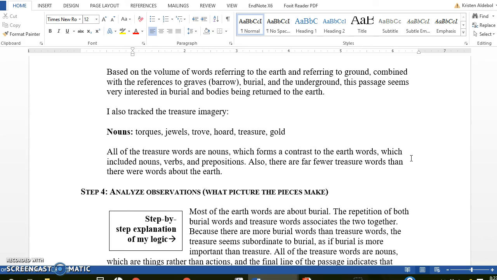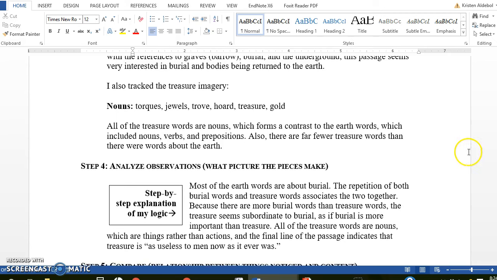all these nouns. So torques, which are kind of like big gold necklaces, basically. Jewels, trove, hoard, treasure, gold. It's kind of a lot of words about treasure. And all of the treasure words, as I noted, are nouns, and the fact that they're all nouns contrasts with the earth words, which were a variety, nouns, verbs, and prepositions. And there are far fewer treasure words than there are words about the earth. So proportionally, the passage is more about earth and dirt and burial than it is about treasure, but treasure also